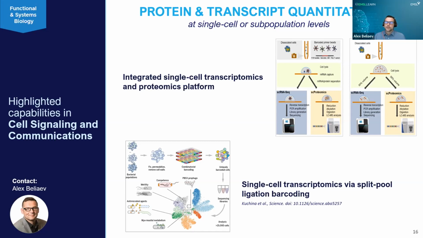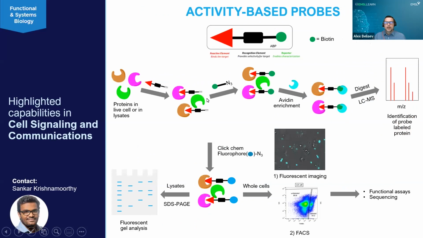To address these challenges, we are adopting, in collaboration with the University of Washington and the Institute for Systems Biology, a recently developed high-throughput split-pool ligation barcoding transcriptomics approach that can detect and resolve microenvironment-specific variations in mRNA and apply that to complex multi-species systems. In the chemical biology area, we are interested in capabilities employing activity-based probes, which are small chemical compounds. You can see the design of the chemical probes on that slide here.